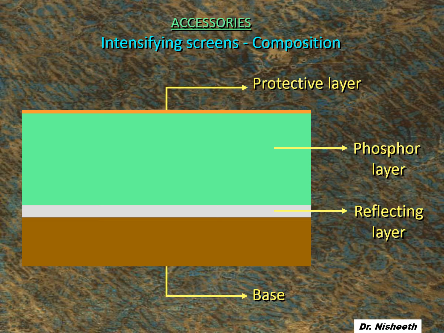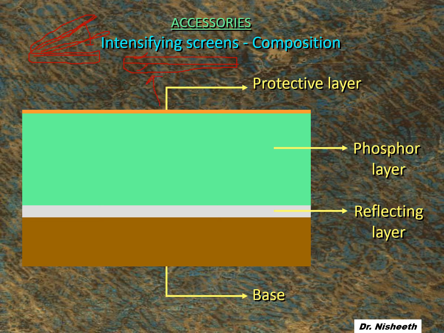So we have to devise something which will help in reducing this exposure. To help reduce this exposure, something called intensifying screens are used. Basically, a packet-like device is kept. I'll show you the picture outside. A book-like device which is called the cassette. The cassette has an intensifying screen on this side and an intensifying screen on this side also. In between these we keep the X-ray film and close this packet. So it becomes a packed thing inside which there is an X-ray film, and on both sides of the film there is an intensifying screen. This is tightly packed and exposed to the X-ray radiation.